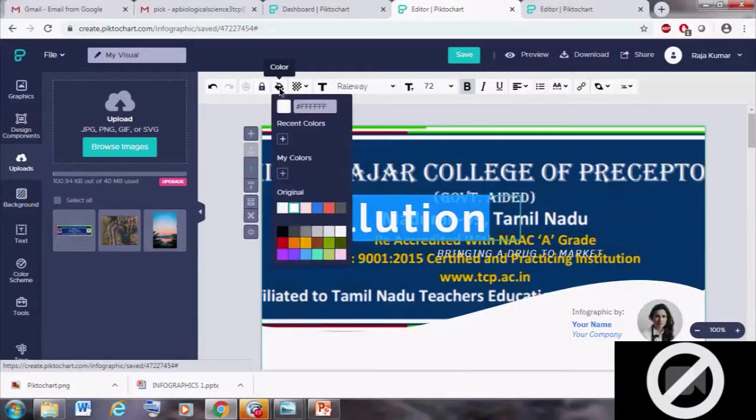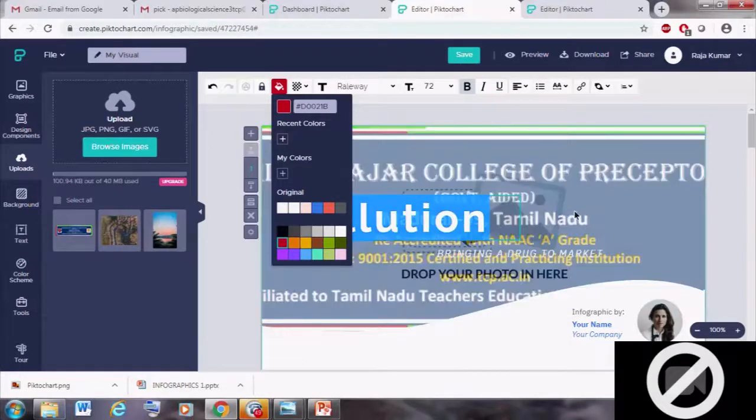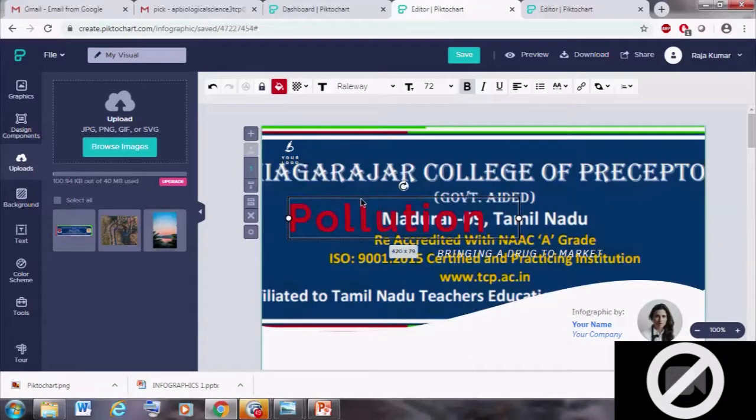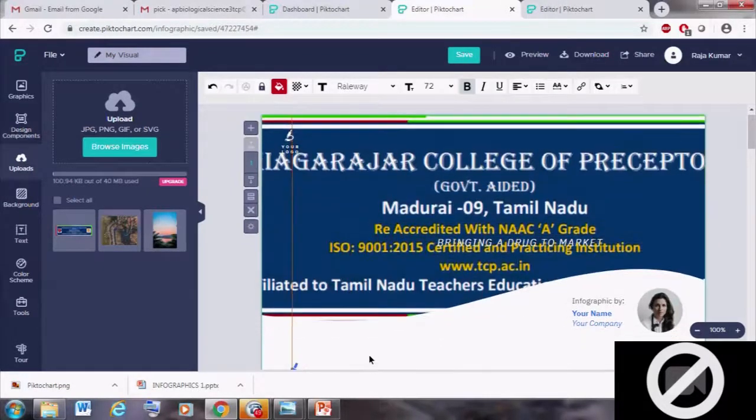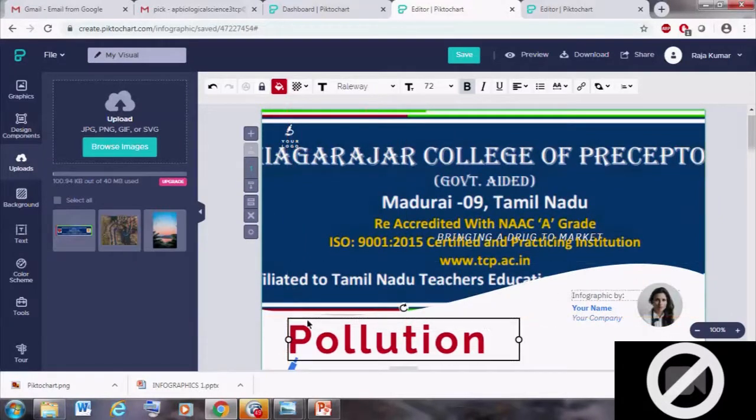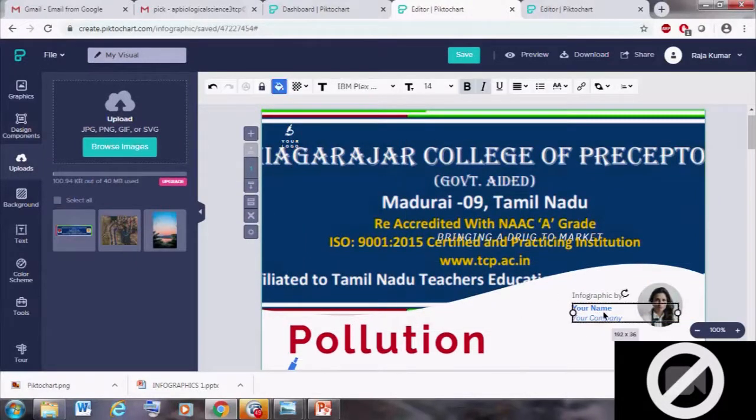We can change the color by using this tool. Here you can mention your name, those who are going to develop your infographic. And these are already existing templates.